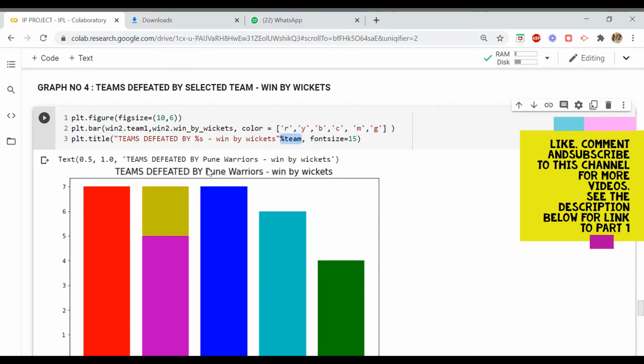Now, I have formatted my output on the basis of my user entry, that is Pune Warriors. The user selected this particular team and the input was taken. So teams defeated by Pune Warriors is being displayed here, and accordingly the string formatting is done over here.